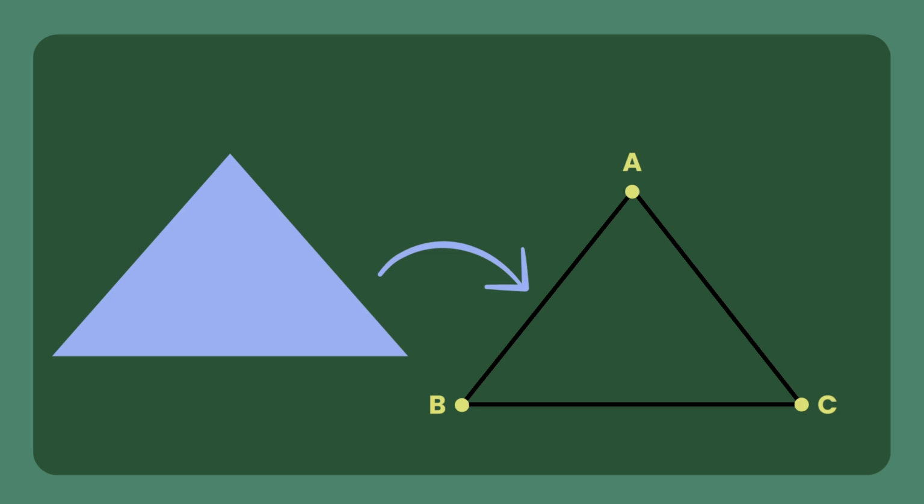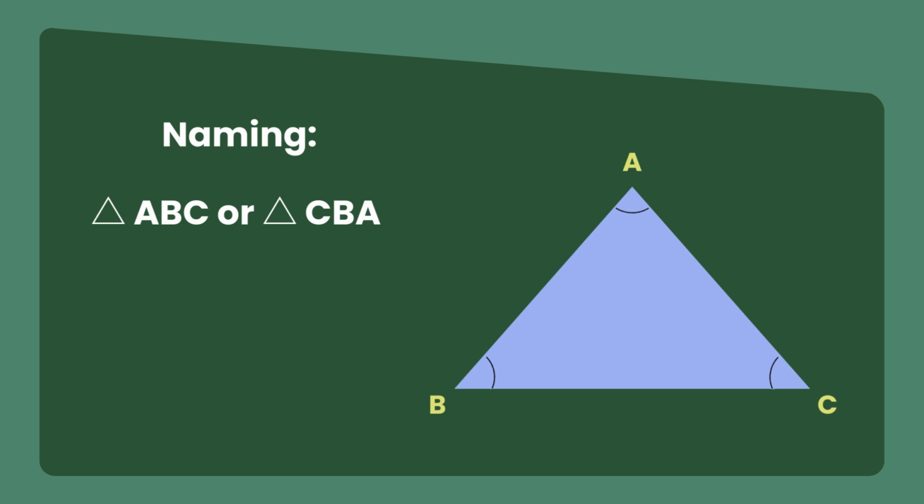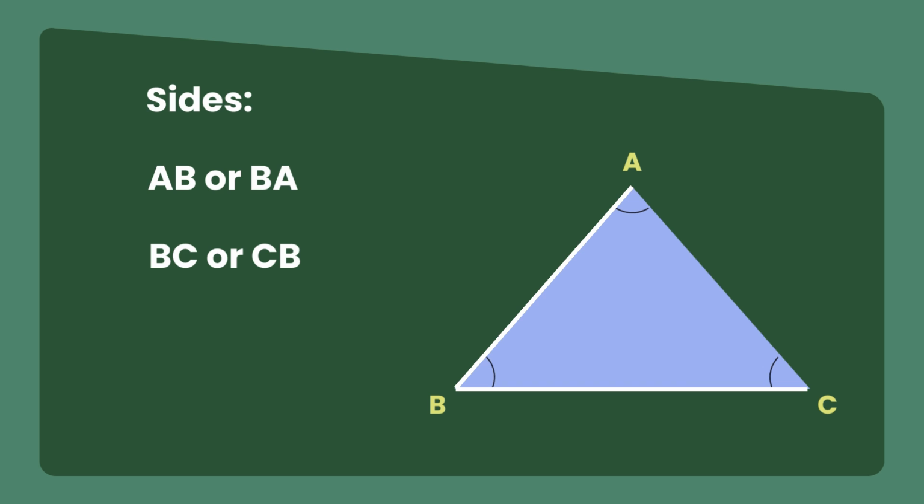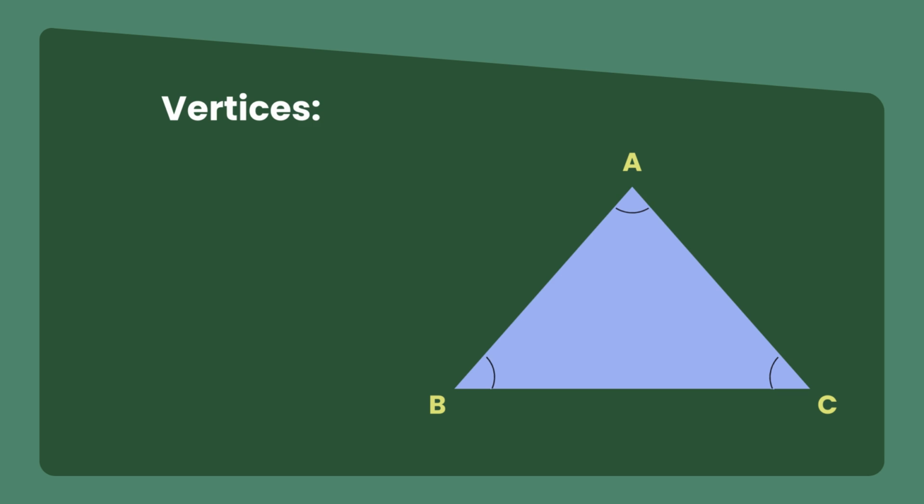A triangle is a two-dimensional shape which is made by joining any 3 points A, B and C on a sheet of paper that do not fall on the same straight line. We can call this closed figure triangle ABC, or triangle BCA, or triangle CAB. The segments AB, BC and CA are called the sides of the triangle ABC. And the points A, B and C are called the vertices of the triangle ABC. Vertices is the plural of vertex.